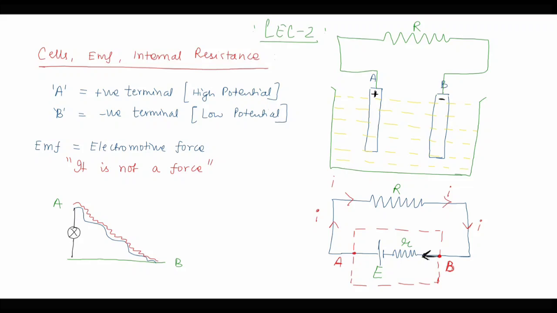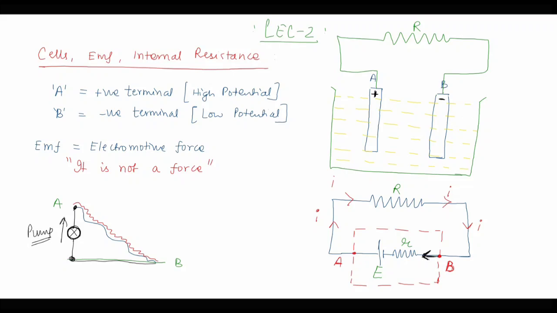So the water that reaches over here is collected and sent to A by using an external pump, so that the waterfall can continue. So the work of this pump is equivalent to the work of this battery, which is creating the potential difference between